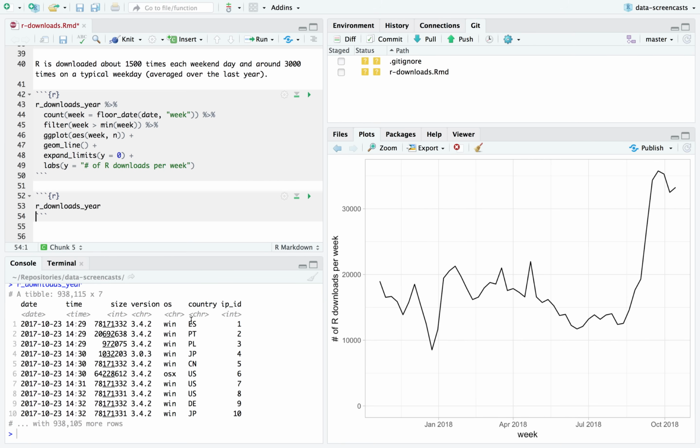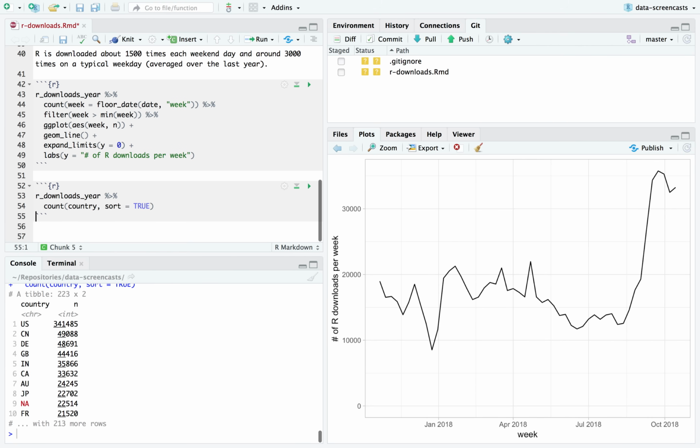Let's look at country. Yeah, we're probably going to return to version and how it relates to date, but let's look by country. So I almost always, when you have a column like this, a categorical column, will start with a count. And here we have, I can tell you from knowing two-letter codes, this is United States, China, Germany, Great Britain,